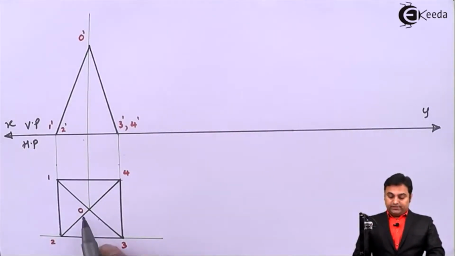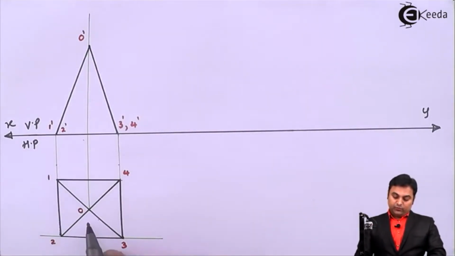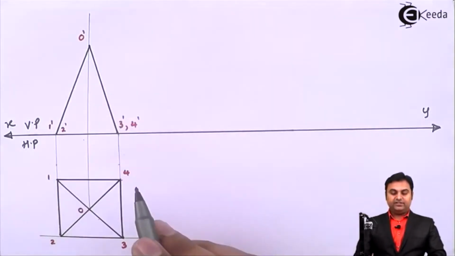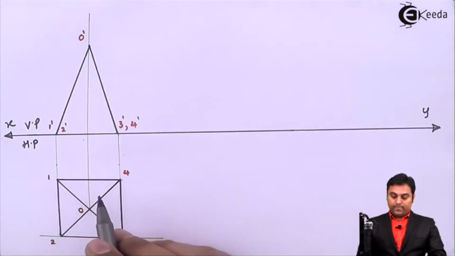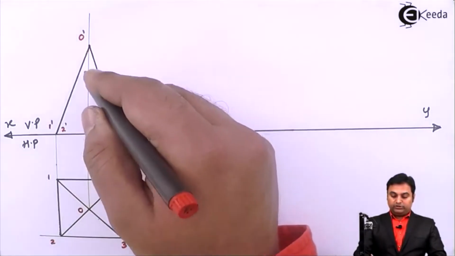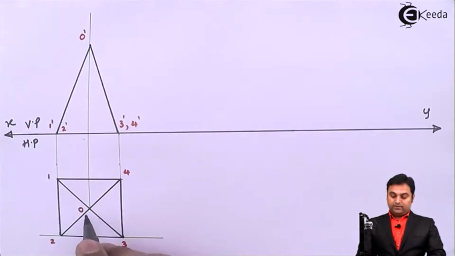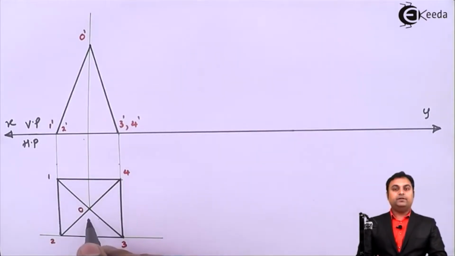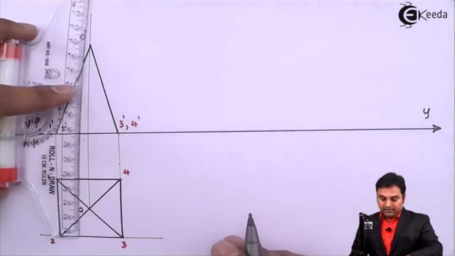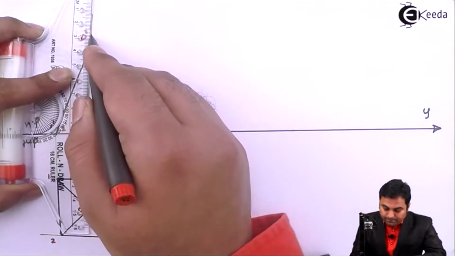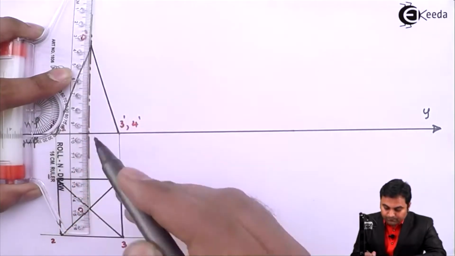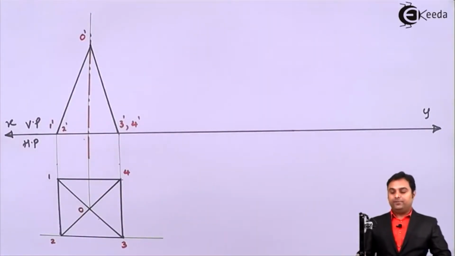Next, here this triangular face, which is O 2 3, it will be seen in the front view as a triangle which is seen here, and 2 is coinciding with 3 and 1 is coinciding with 4. So here there is no need to draw a dark line in between because this complete triangle is visible. Next, I'll mark the axis here. So this is the axis of the square pyramid.